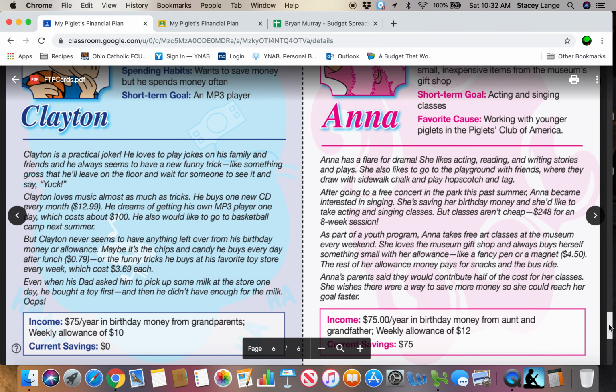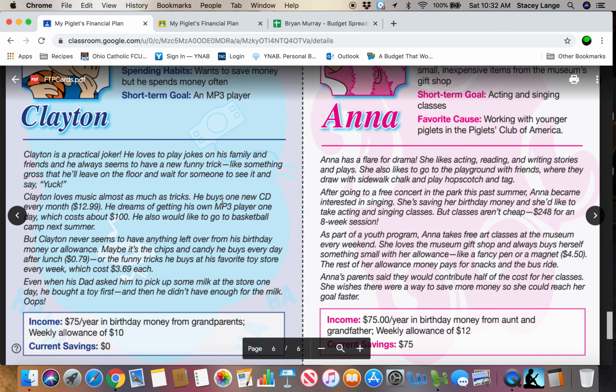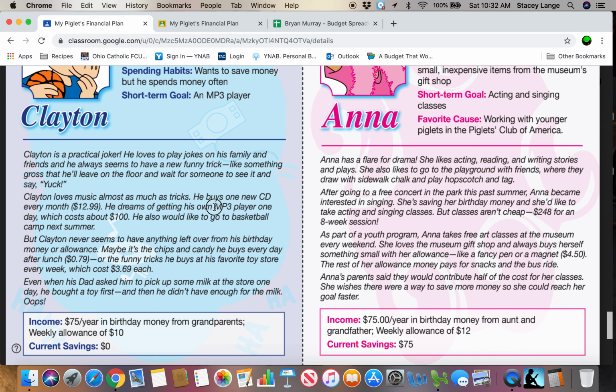So your job is to budget until Clayton reaches his goal. And Clayton's goal is the MP3 player. I know that because when I read the text, he dreams of getting his own MP3 player one day, which costs $100. So you're going to make a budget that takes Clayton to $100 in that category, while also